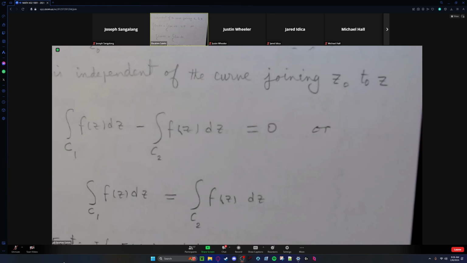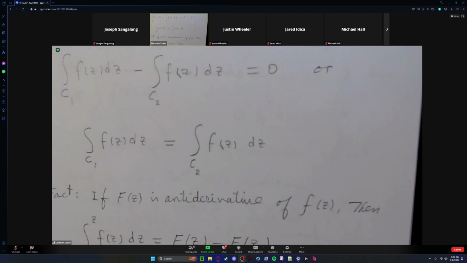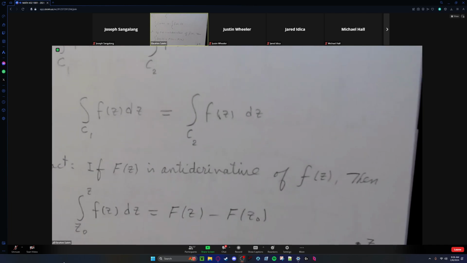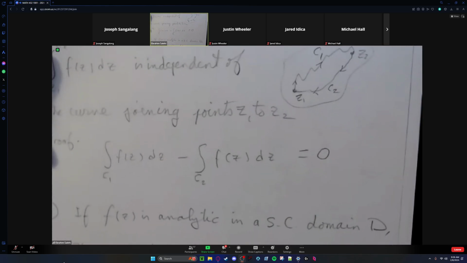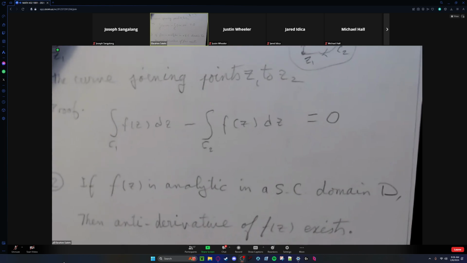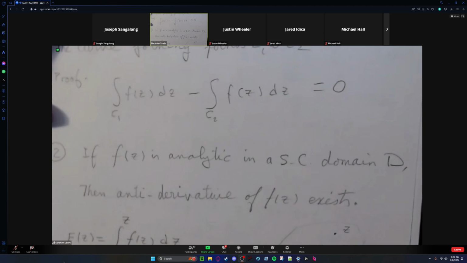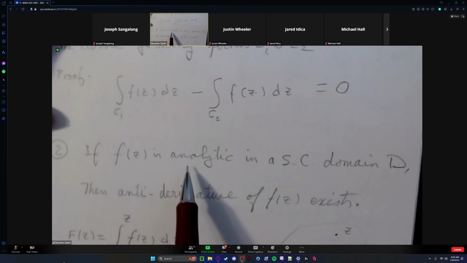Proving that the antiderivative exists, we use a constructive argument. So if f of z is analytic,